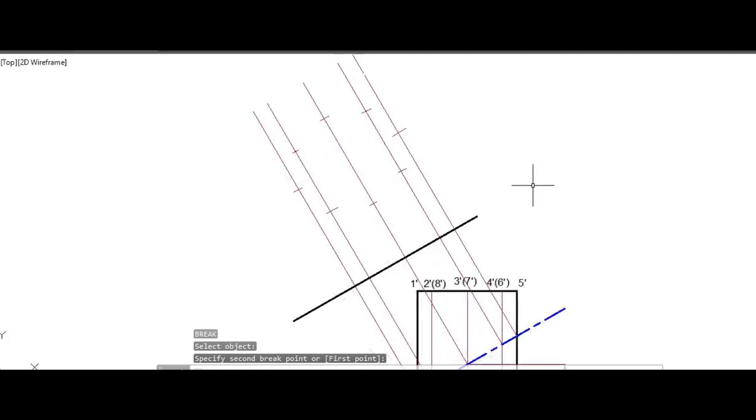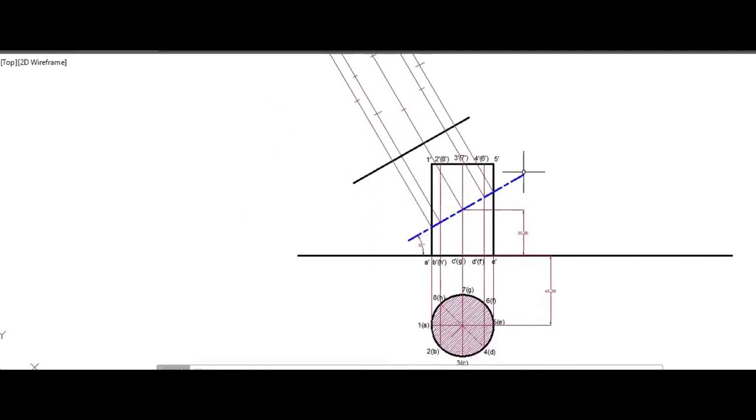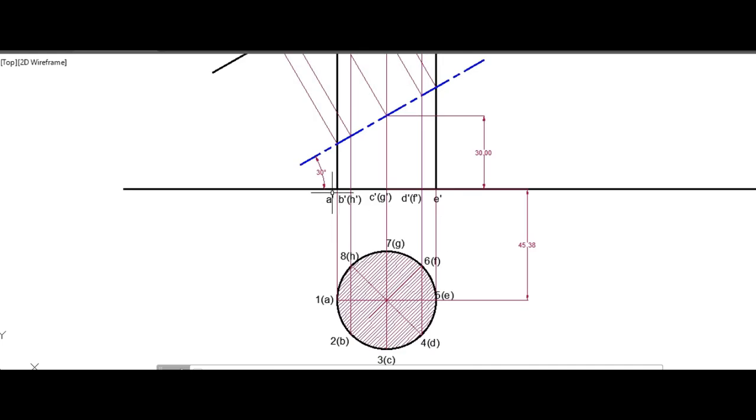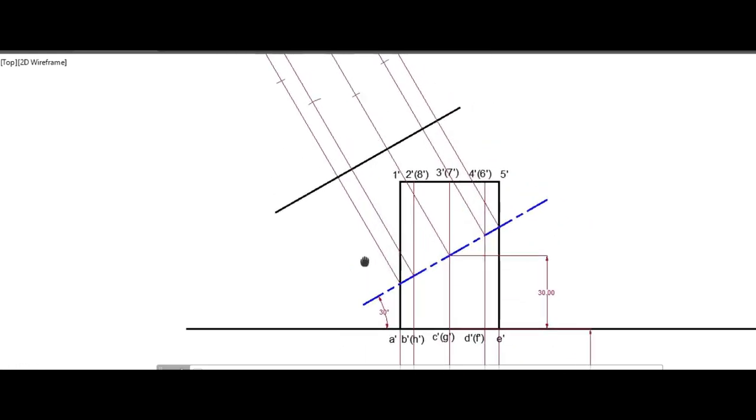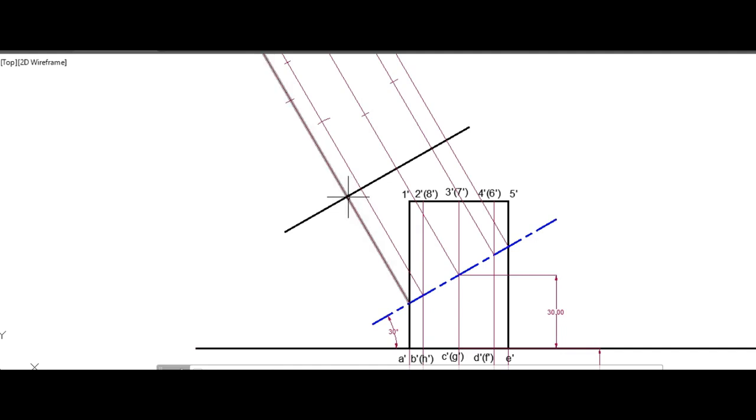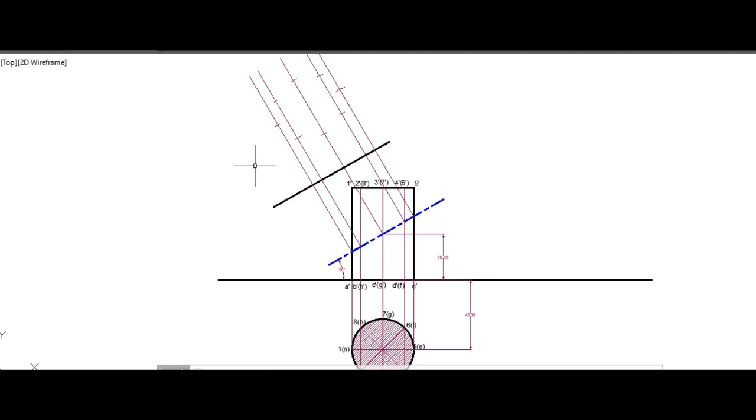Connecting these will give you the true shape. So how do I draw this? I measure the distance from XY to a particular location. This is projected along the top towards this. From the new reference line, I cut the same distance that we measured.